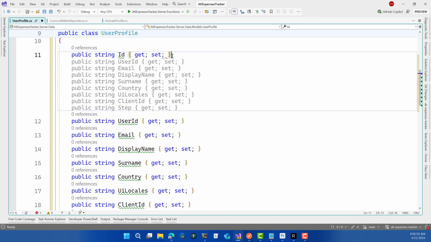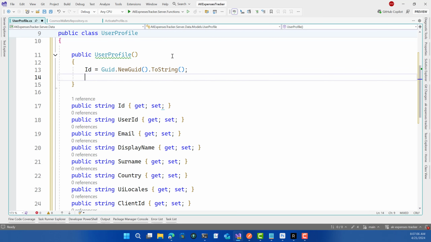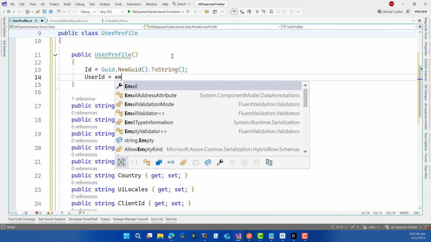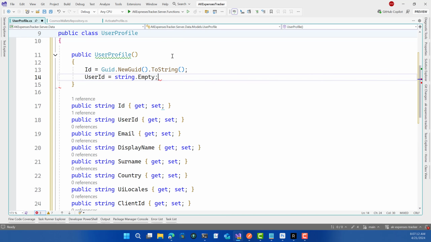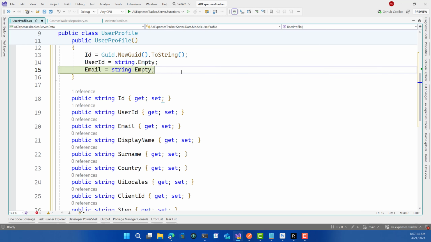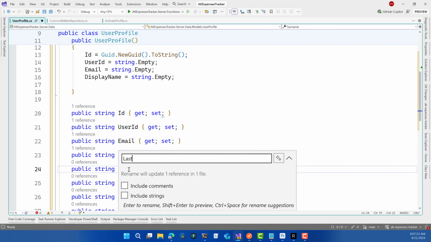Or I think for this, let's create a constructor. ID equals new GUID. All right. User ID, for now it's string.empty. We do have email. The display name to surname. I'm not going to use this surname. Let's rename that to last name,